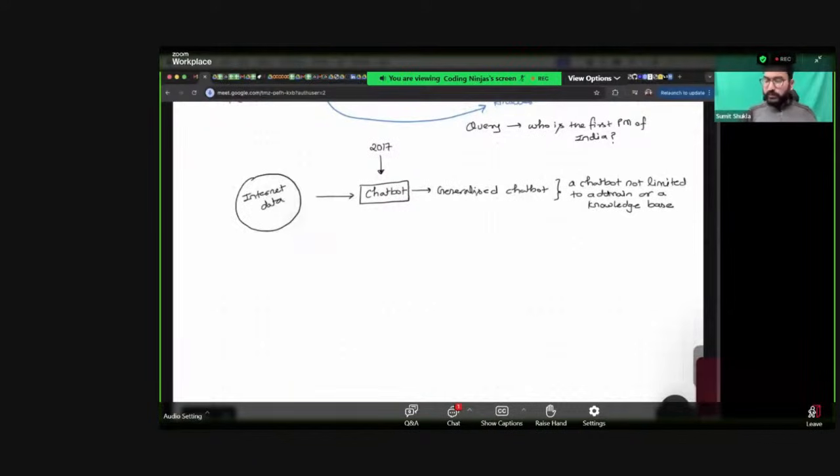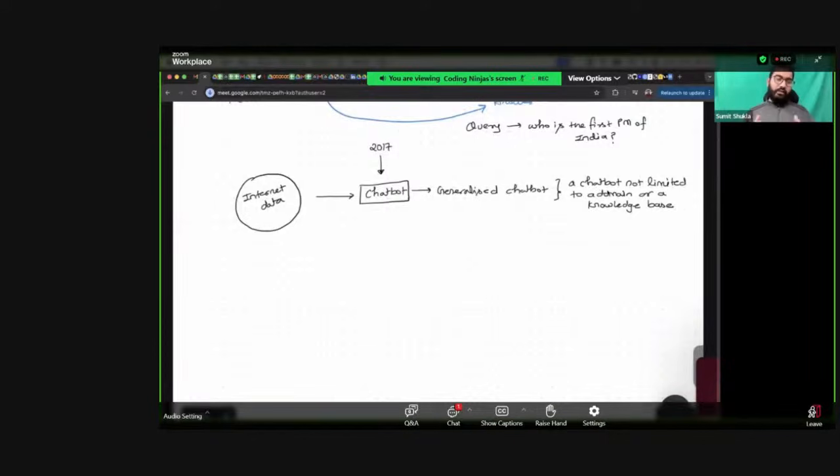Internet data. And with this thought process, they started looking for methods to train a chatbot on internet data. Why internet data? Because they wanted to come up with a generalized chatbot which is not limited to a domain. They wanted a chatbot able to answer your questions from any domain and any sector, which basically means the chatbot should have information about everything, and there is only one such resource which can help you with this kind of data, which is the internet